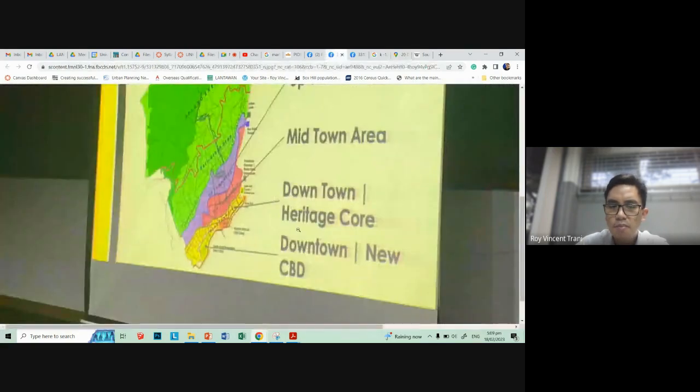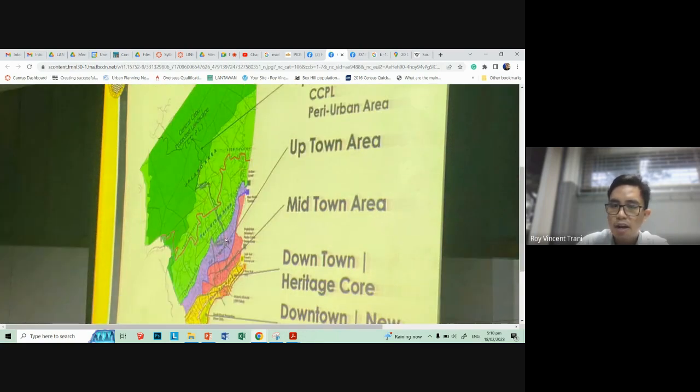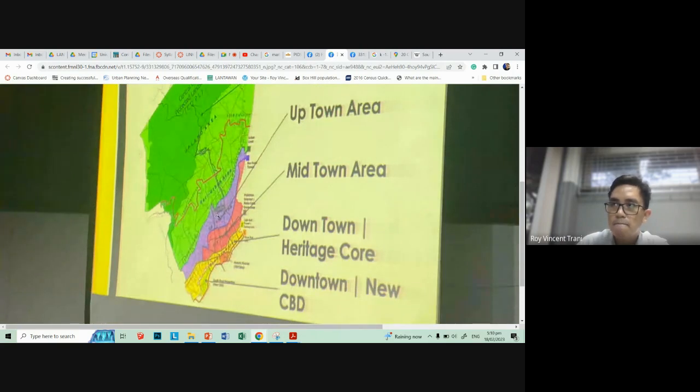So this is one major project, aligning with what we discussed now, improving the businesses or the resources that you already have. So that is one core project of the Cebu City government. And then here we have the midtown and uptown areas. Midtown is where all the businesses are, the low to medium, and also a bit of high income, high level businesses. And then the uptown area is where our mid to high income residential areas are. So these are where the good residential areas are.